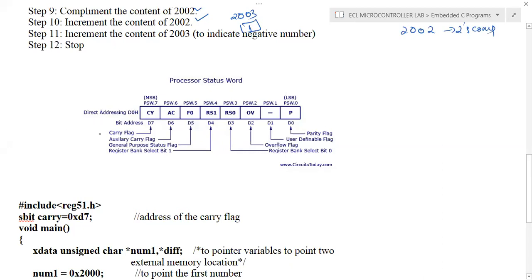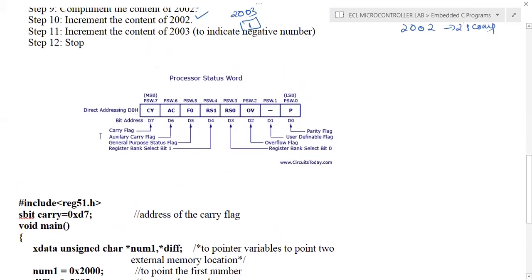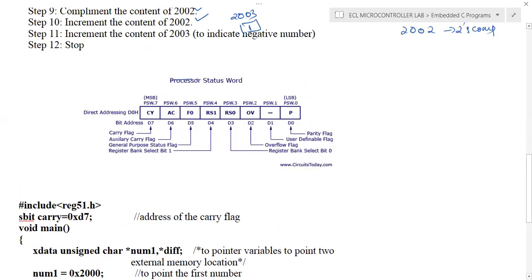So before writing the program, you should know about the program status word, PSW. Here the carry flag is actually a bit addressable area in SFR. PSW is located in the SFR register, and within this SFR register, this carry flag is bit addressable. You see the difference.